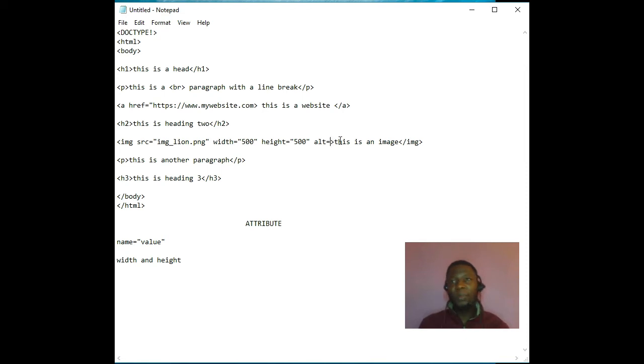Like, for example, when you load a web page and the web page is loading very slow, you get to see where an image is supposed to be displayed. You can see an alternative text in place of the image. This is a lion. So when you see this in the web page, let's say the image is deleted or there's an issue, or